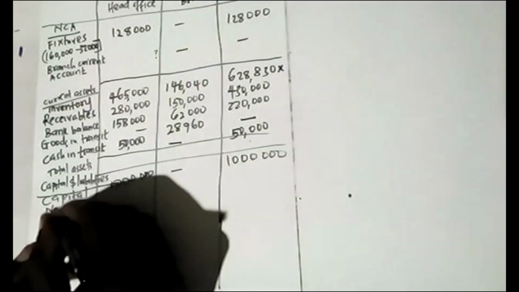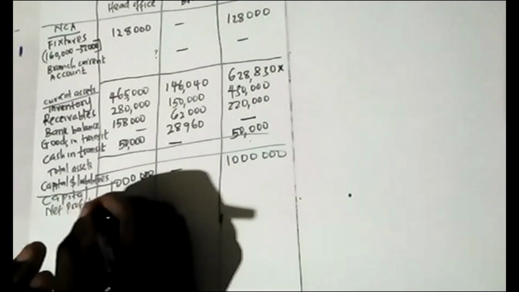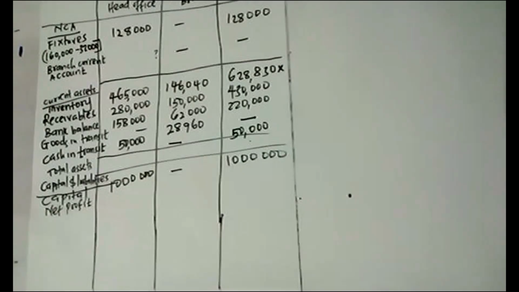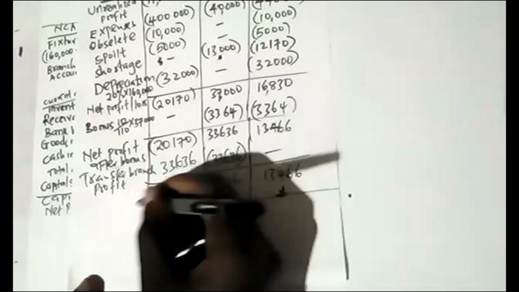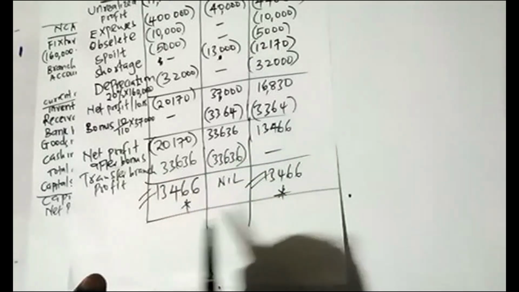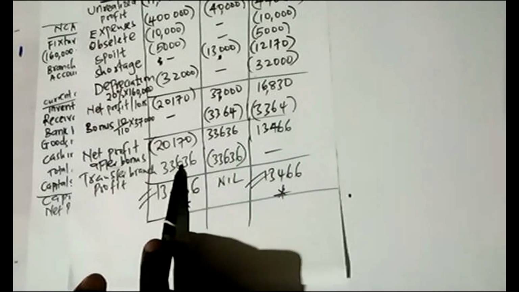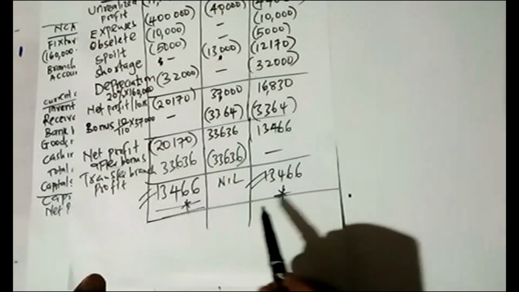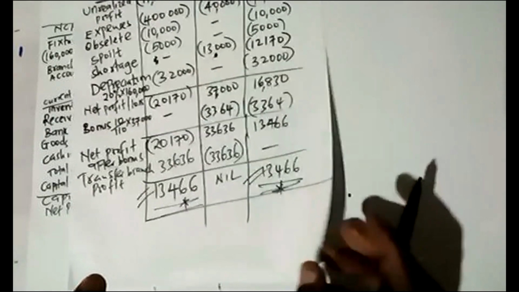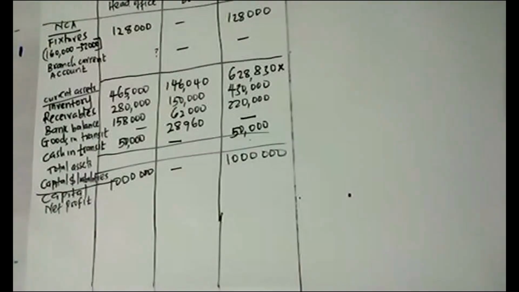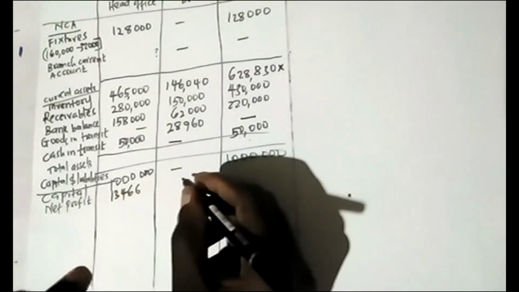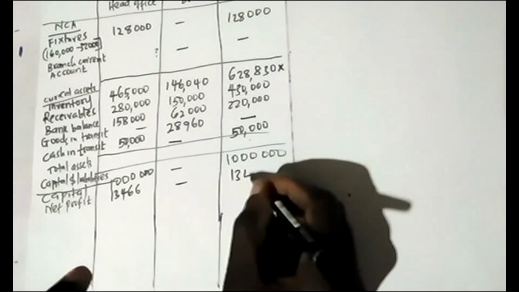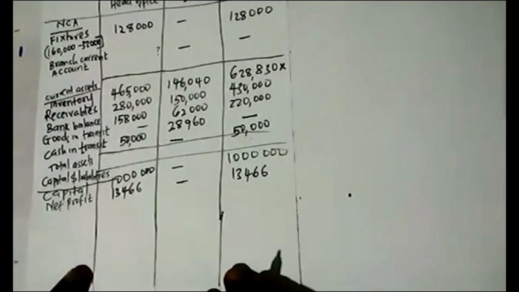Then we have to add the net profit. So the net profit is the one which we got when we did our income statement, the final one here, after we transferred this profit to the head office. Finally, we got 13,466. Then we said now,